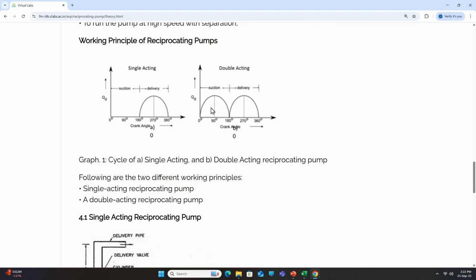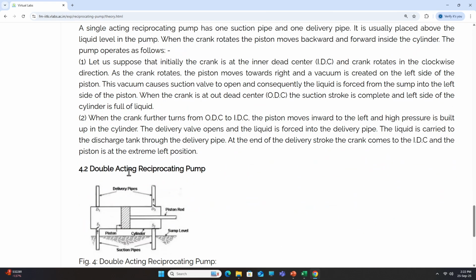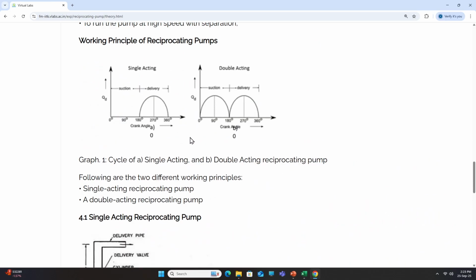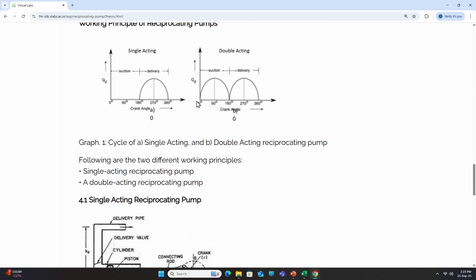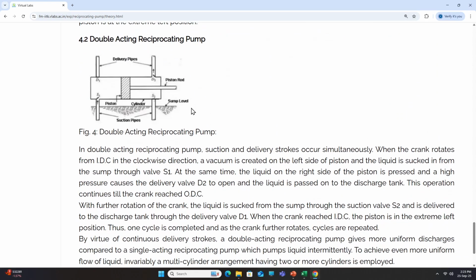That is why we use double acting pump as well, in which in both the strokes, that is inward or outward stroke, the delivery is happening in suction and the delivery stroke both. How? See, this is delivery during the single acting pump that I have shown you. In double acting pump, we have both the sides suction pipes and the discharge pipes or delivery pipes. So, both the ways, even if the piston goes from left to right or right to left, the discharge is happening. That is why you see this is the discharge. So, this is QD, the discharge rate. So, there are multiple applications of the double acting reciprocating pump.